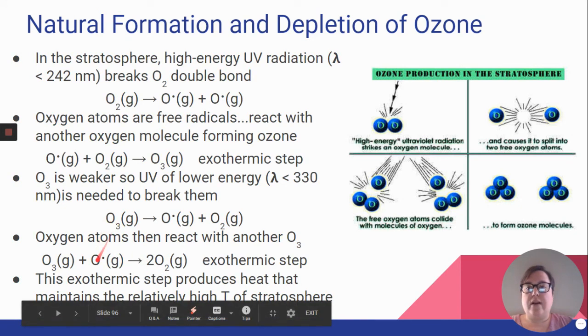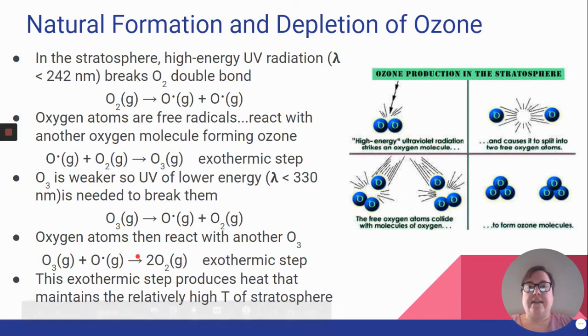So it can do either of these 2 scenarios. It's another exothermic step. It produces heat, and that's what helps maintain the high temperatures of the stratosphere. The stratosphere has a higher temperature because of these bonds breaking and these bonds forming and it being a very